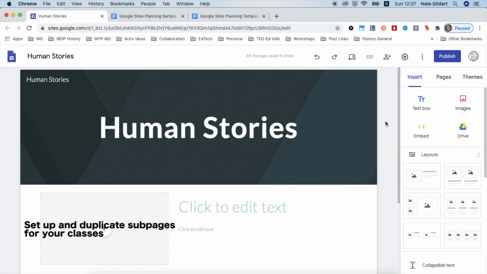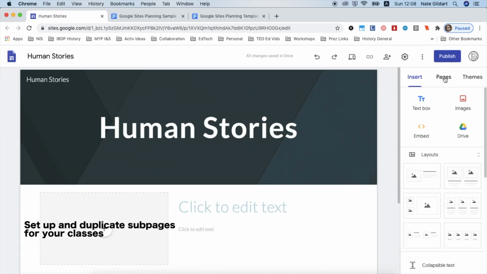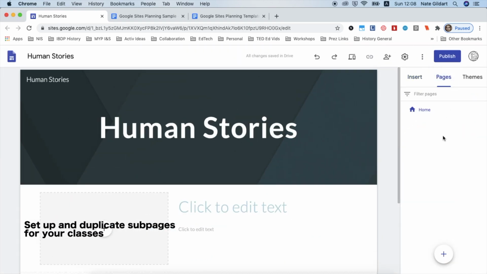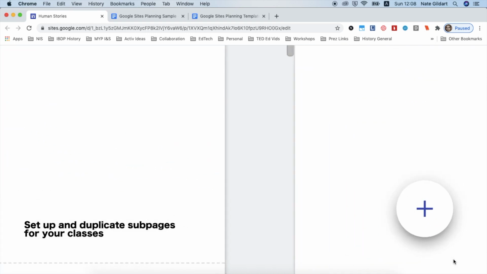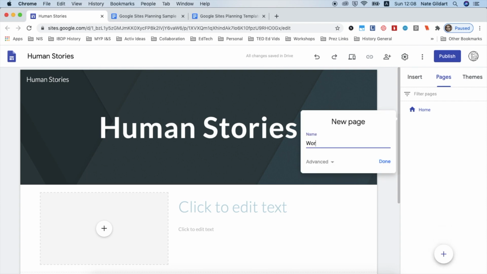Let's begin to add pages so that it's consistent across my website. So I'm going to go to my Pages tab. I tap that, and now I can start adding pages, and this is where I will work with my page navigation. I'm going to go down to my plus button. If I mouse over it, see that you can add a link to an external website, but I want to create my own site, so I'm going to tap New Page,